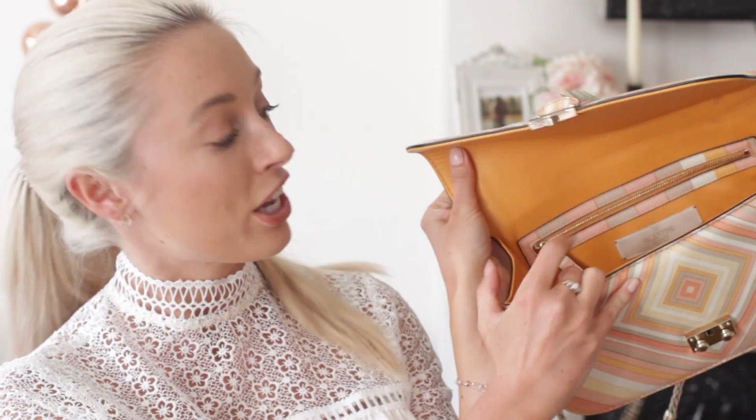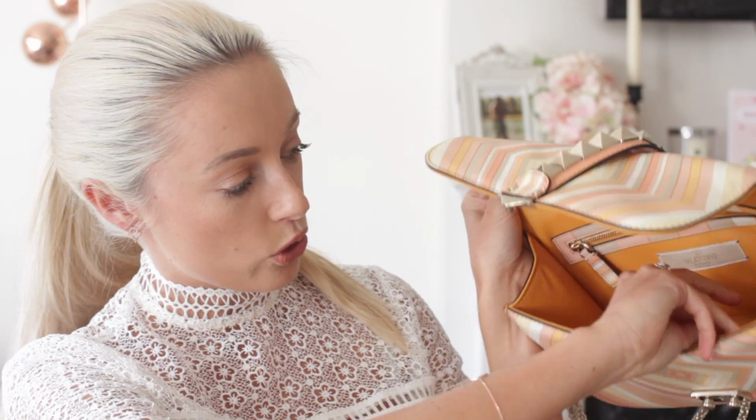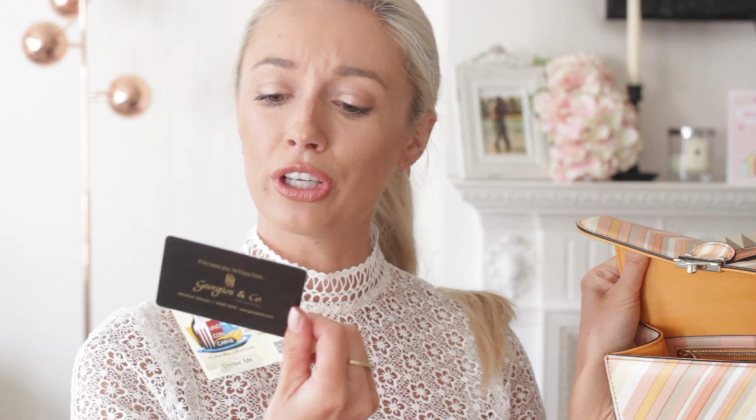I absolutely adore this. It is a Valentino Rockstud, and you've got this beautiful coral, orange, gorgeous spring summery shade chevron print on it. I love that it's a little bit unusual. I was really torn between getting this and the blush coloured one, but I just loved how unusual and striking this one was. You've got the iconic rock studs going down the middle, and then inside the lining is this gorgeous bright orange. You've got a zippy pocket, and then two